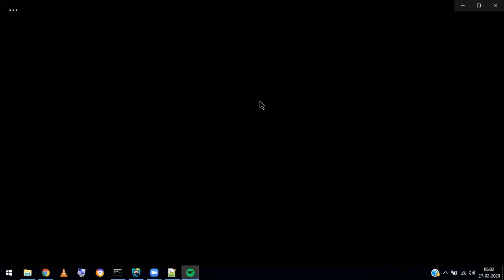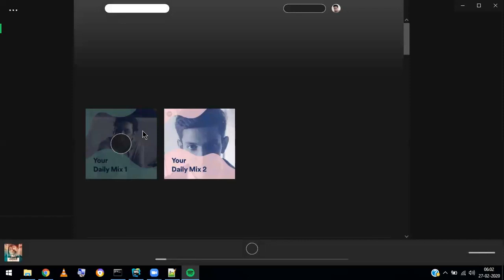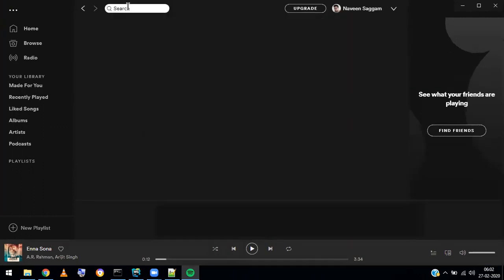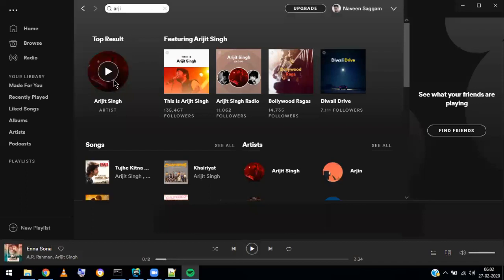So this is a desktop app, yes, Spotify. It is a desktop app, but its backend has an API, and with that API we'll make an Angular app. So this is the desktop app. Here you can search for a person. Let's take Arijit Singh. So when I click on an artist,